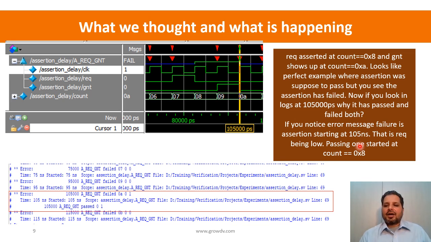So when you are debugging assertions, you should be alert to take a look into the log as well, because it provides you a lot of valuable information. And you have to combine log and waveforms, because assertions are waveforms. They are concisely capturing waveforms. Of course you need waveforms, but waveforms alone are not sufficient. You should look into the logs as well, and for that you should have put the appropriate information in the